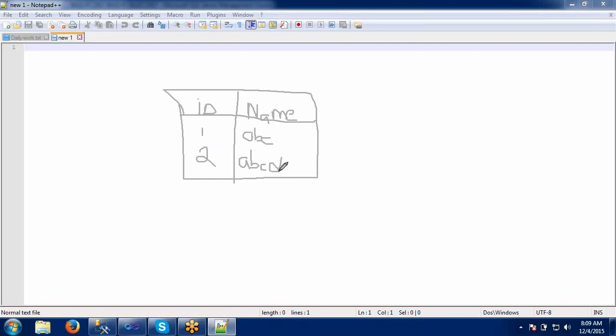Since we are giving varchar of 3, we have specified a limitation. The maximum size is 3. I mean we can give 1 or 2 or 3, but if you go to 4, then it will throw an error. Okay, till that it's fine.